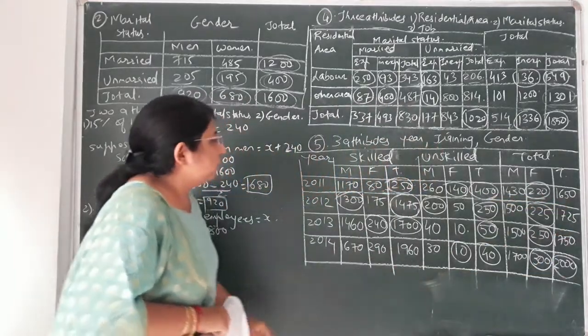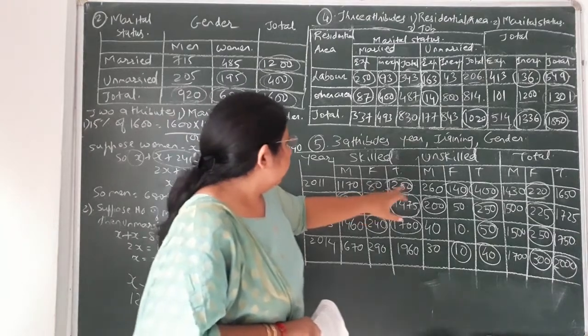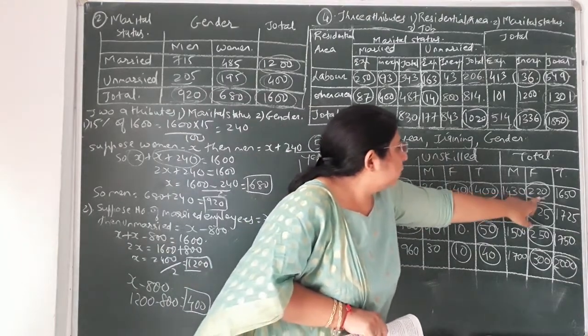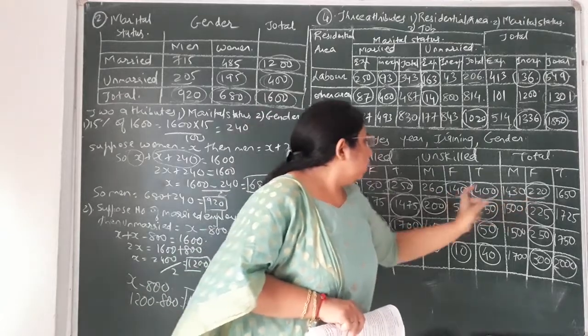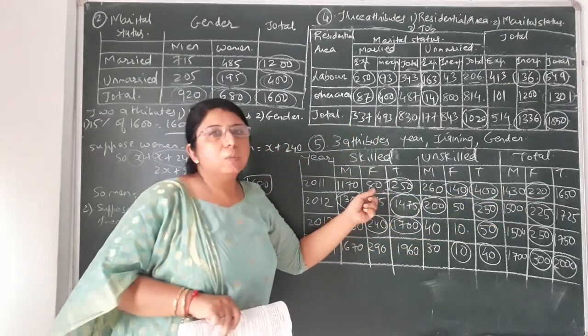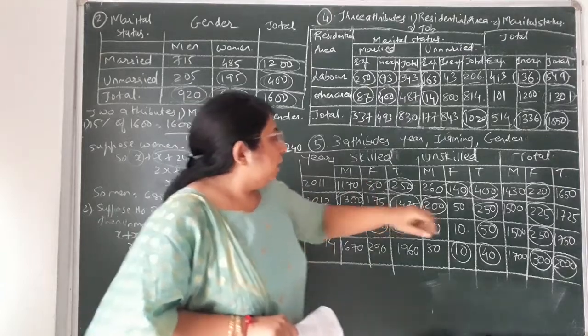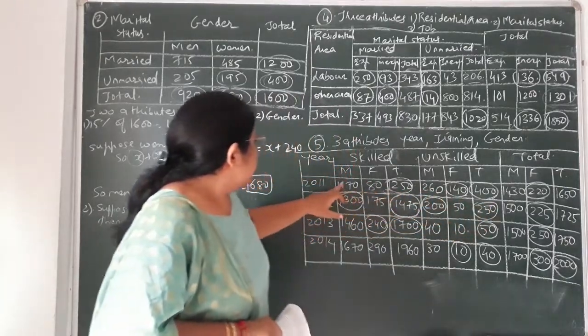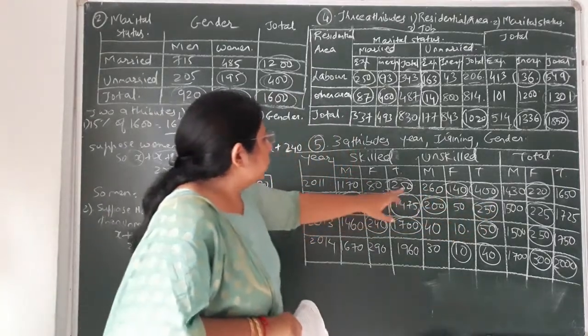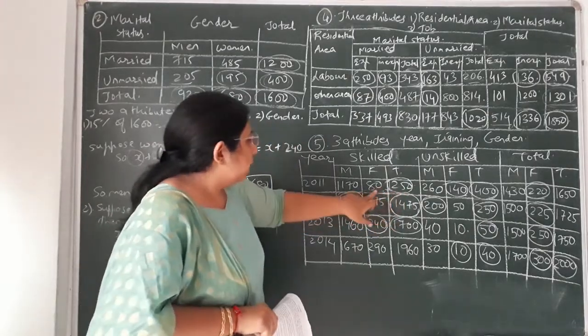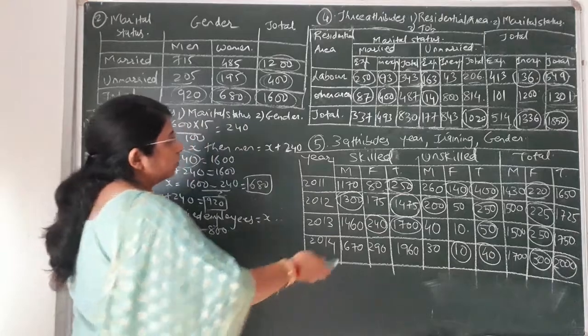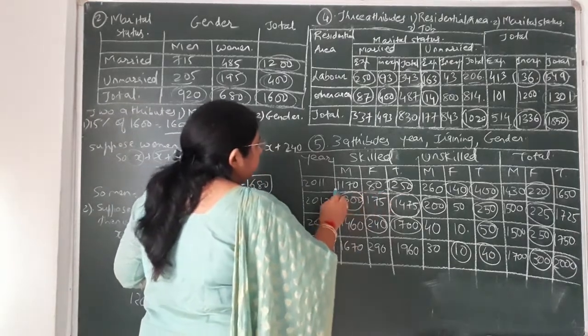Okay. In the same way, we'll look at the female workers. In the case of females, the total is given to you as 220. Over here unskilled is given to you as 140. So 220 minus 140, the remaining value you will get is 80. Okay. Next, then afterwards, in the case of the male workers, 250 and 80 we have already found out. So 250 minus 80, it means from the total, if you subtract the value of females, then you will get the value of males.